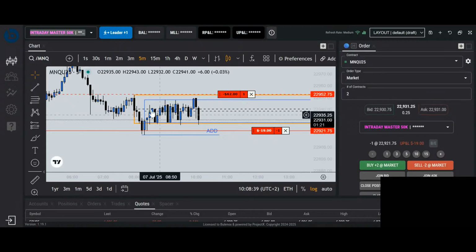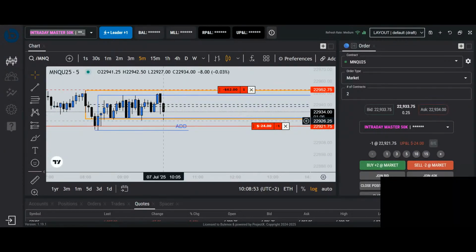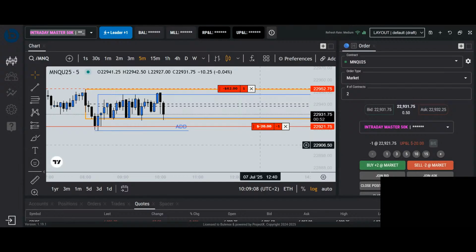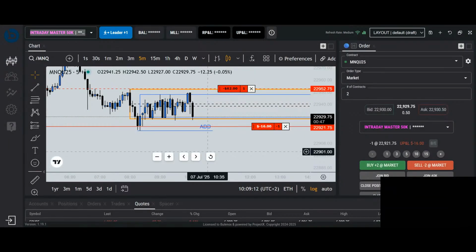Now the good thing about this is that we did sweep liquidity from the upper part. We're still safe, so this protected 5 minute fair value gap with our stop here is still valid, so we're still in this one. Now if we do sweep the lower part, we make the equal lows, I believe 22,695, 22,700, so we still have a little bit more left. We did not sweep this candle yet. I believe in the next 5 to 7 minutes we will be shown which side it wants to go.